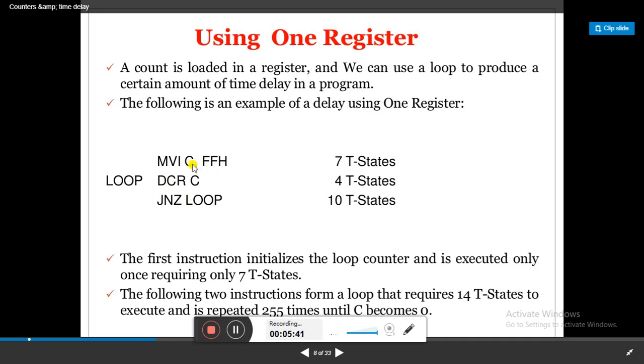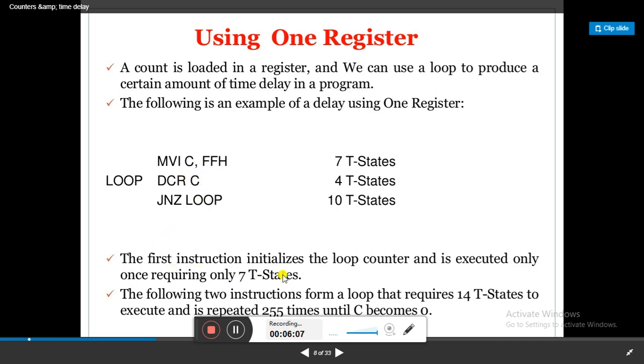So FF is loaded immediately into register C. It takes 7 T-states. Then this is the label, then DCR C. So C is decremented by 1 and it takes 4 T-states. Then JNZ loop, so it will come back to the loop here. It takes 10 T-states. Fine. So this is a program using only one register, here register C.